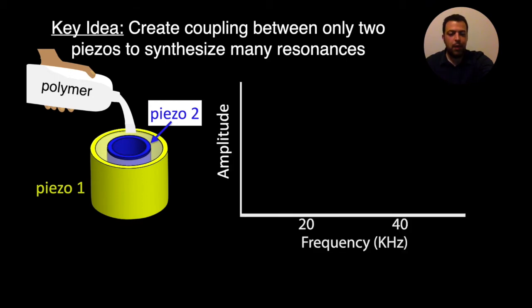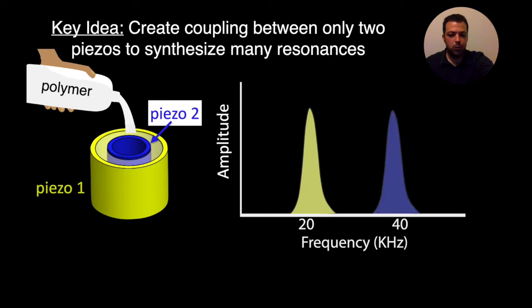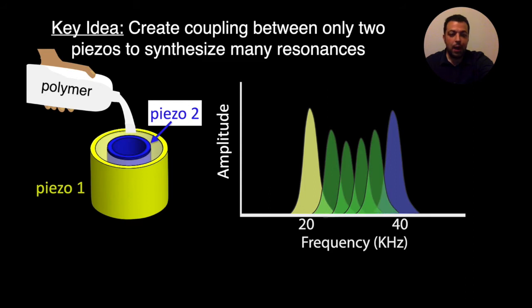So if we take a look at the amplitude of the vibration for this structure, we will see one resonance corresponding to the first piezo and another resonance corresponding to the second piezo. But now, because we define a polymer between those two piezos, which creates a constraint on the movement of those piezos, this constraint leads to generation of new forms of vibration and resonances that fill the gaps between these two main resonances. And as a result, we can get a structure with a wideband vibration.